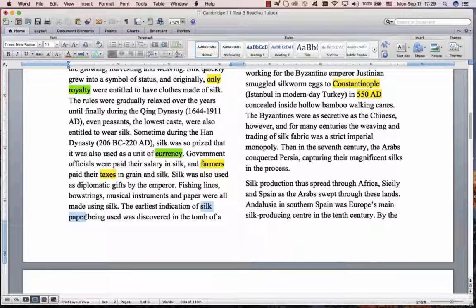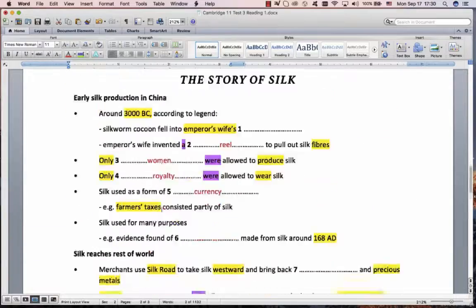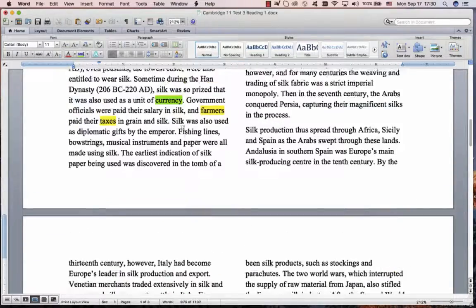And it's just a kind of a grammar structure that they use. If I say a wooden table, I can also say a table made from wood. A glass window, a window made from glass. So silk paper means paper made from silk. Perhaps some students wanted to go somewhere here because of that word made. But then how can you choose one of these? There's three here. You had to go to this next sentence and get the paper from that sentence. Oh, sorry, there's four there.